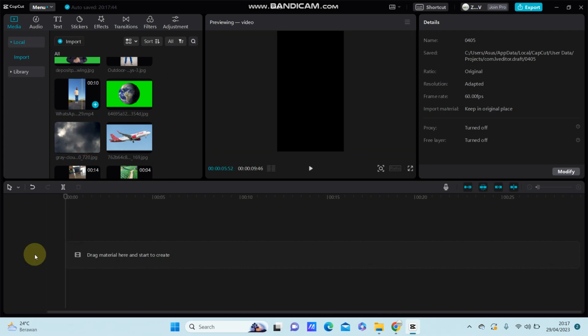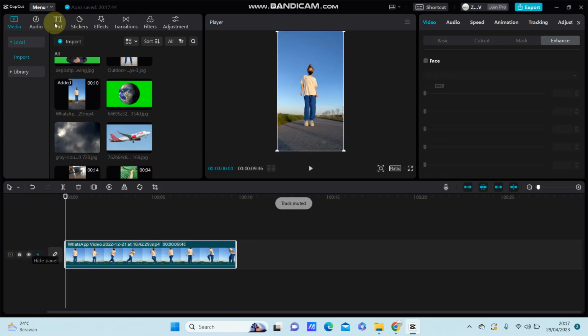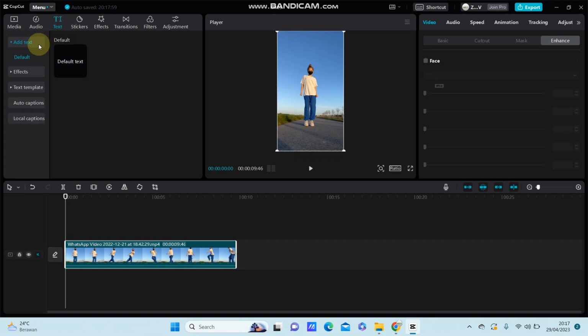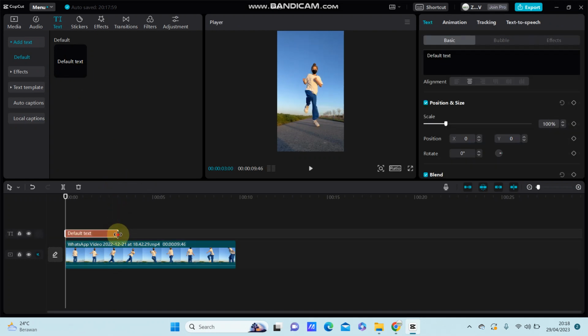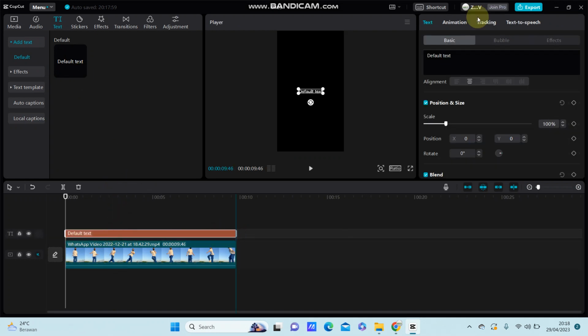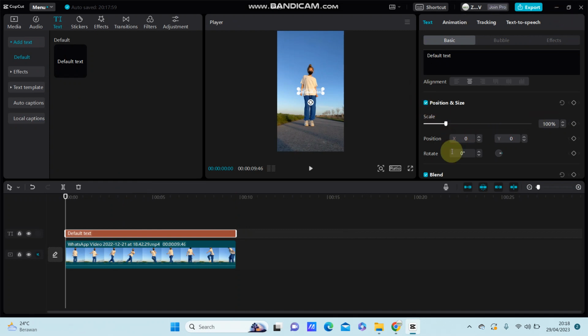So you can add text, just click text here. You can add default text, you can add a text effect or just a text template. For example, I'm going to select default text and adjust the duration in the same lane. And the first option right here,